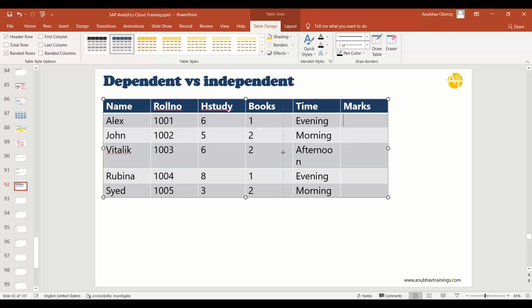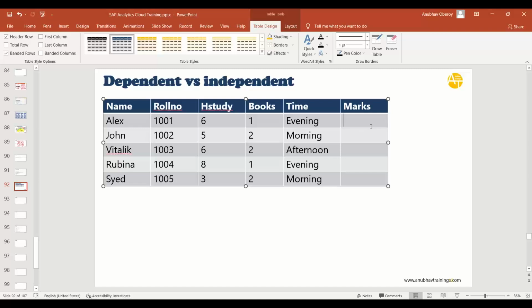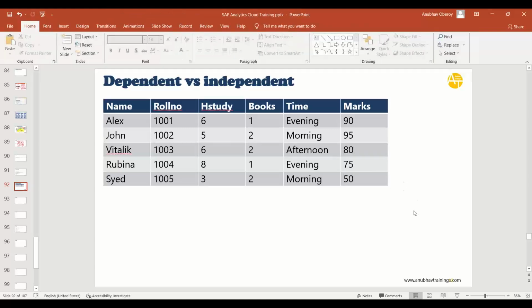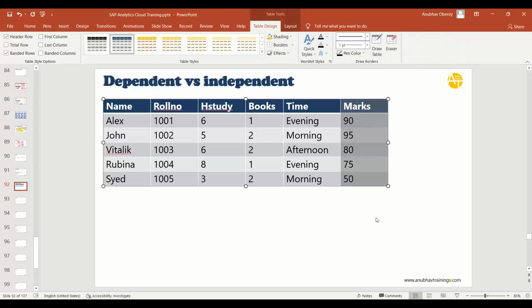So let's say he scored marks out of 100, let's say 90, 95, 80, 75, and 50. So you can see in this scenario, the output variable is of type number. It's a numeric value. So whenever the outcome is of type numeric value, we will use a regression scenario